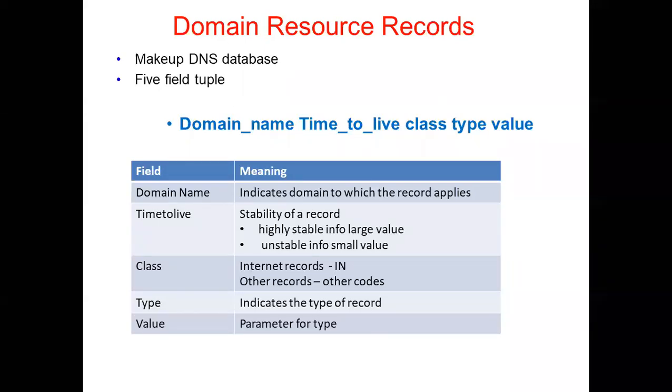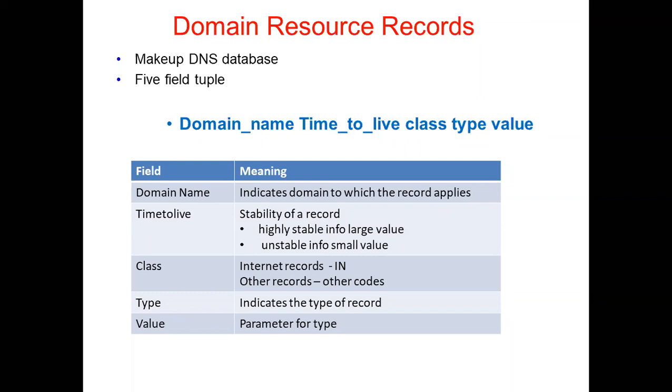So the data is not stored in one place, rather it is replicated in many places, so that data can be obtained very fast, and if by chance some data is not available or is corrupted, it can always be retrieved from some other database. So domain name system is implemented in the form of a distributed database.